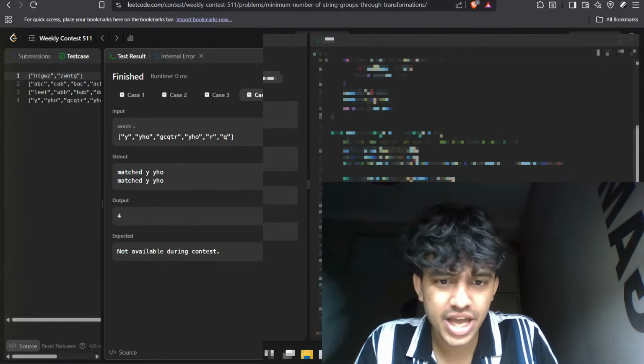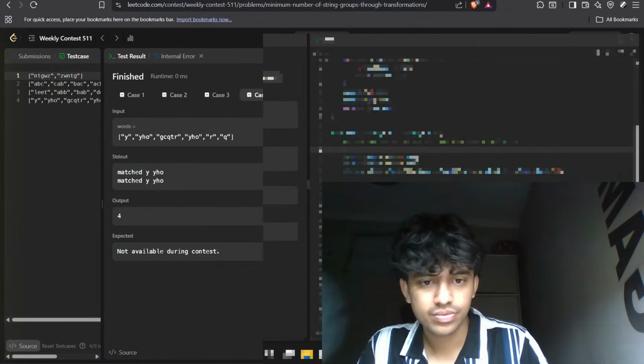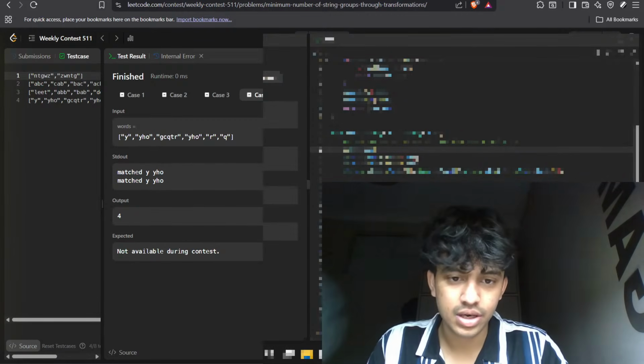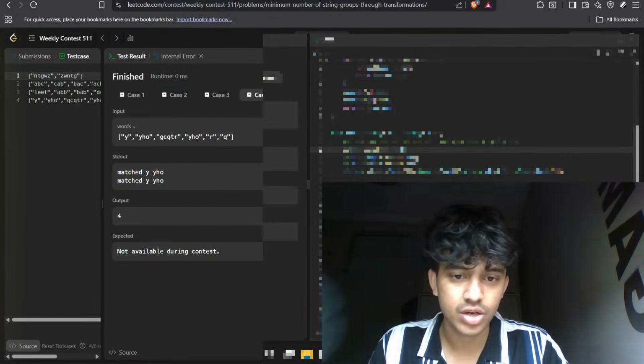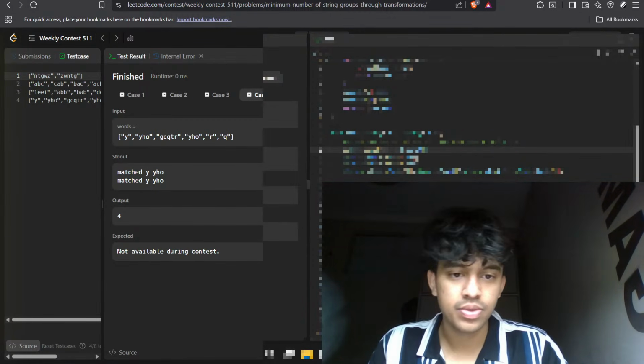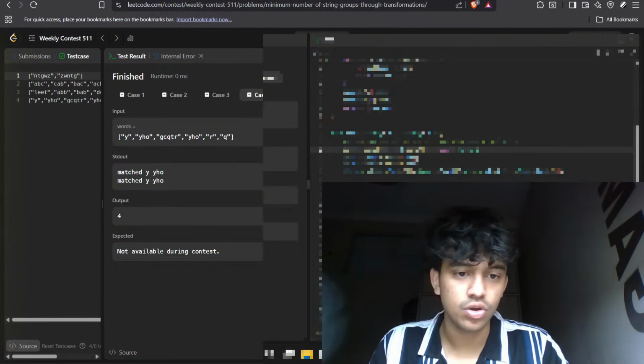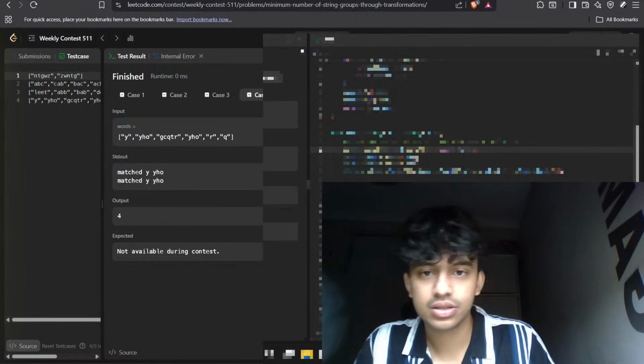सबसे पहले तो चेक यही लगा दो, if s1.length is not equals to s2.length, return false. सबसे पहला चेक ये।